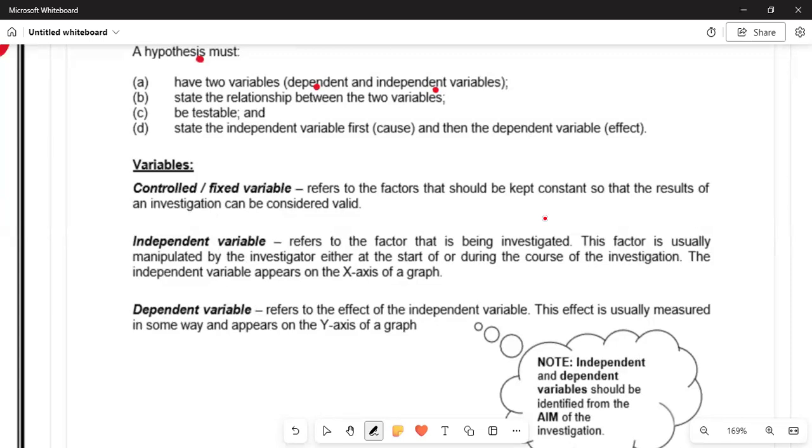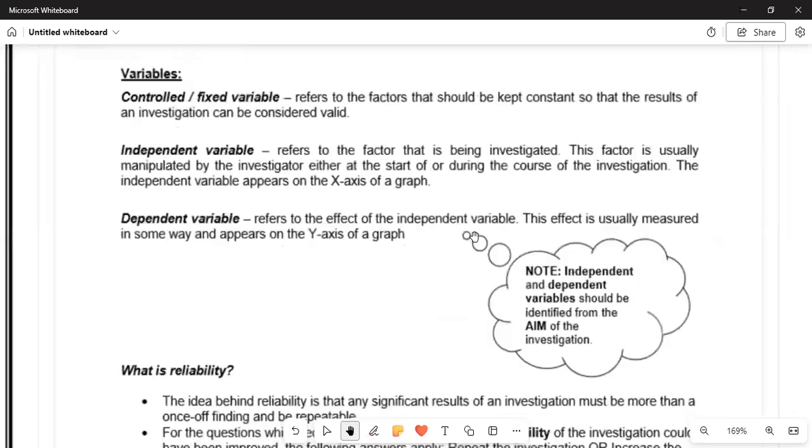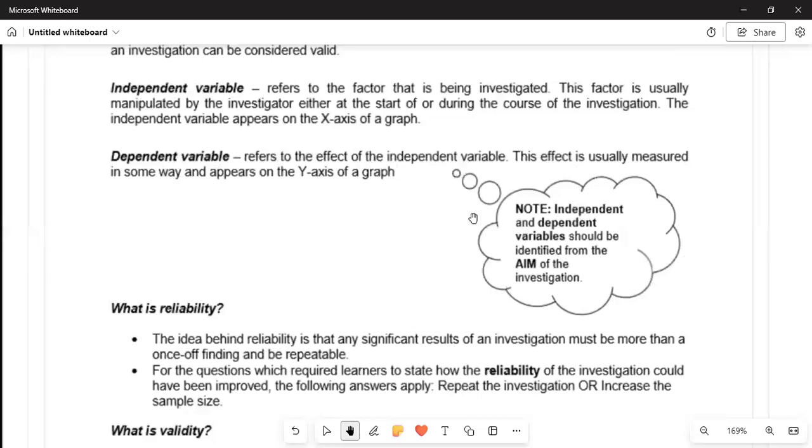It refers to the factor that is being investigated. This factor will usually be manipulated by the investigator either at the start or during the course of the investigation. The independent variable appears on the x-axis of the graph. I will show you further. And then the dependent variable refers to the factor that is affected. This effect is usually measured in some way and appears on the y-axis. Now, the independent variable should be